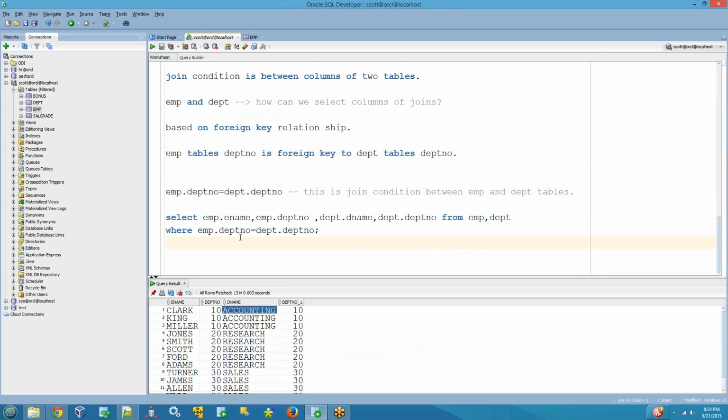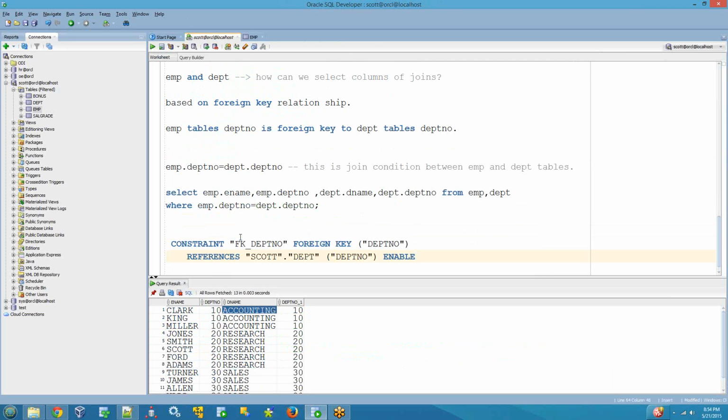See here, this is the part of that one. I'm creating the constraint: foreign key of employee number, department number. This department number references the start dot department table's department number. So this is that, see here on the EMP table,